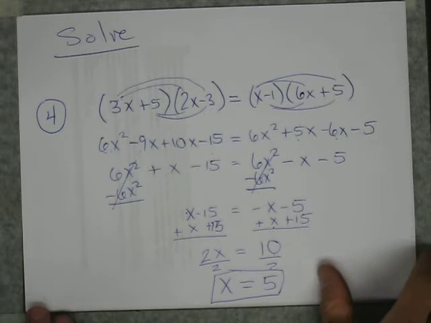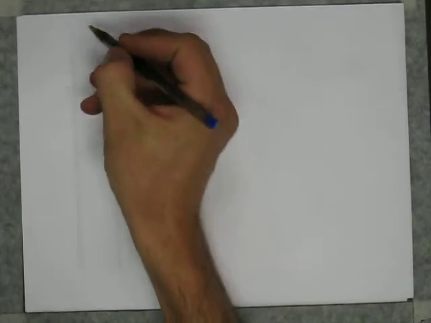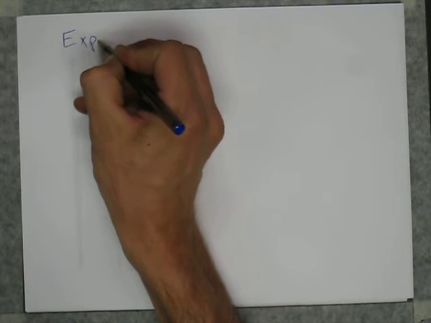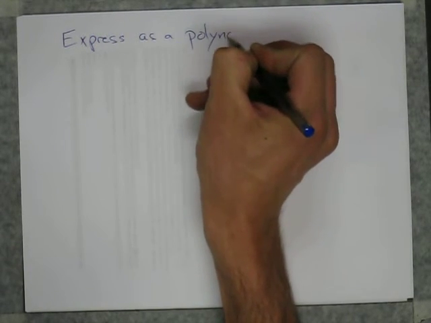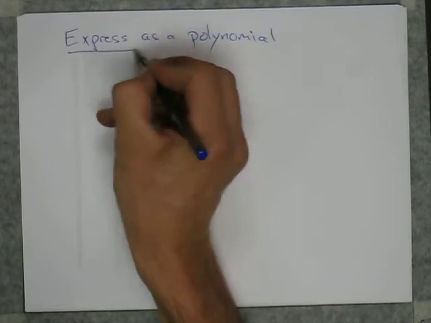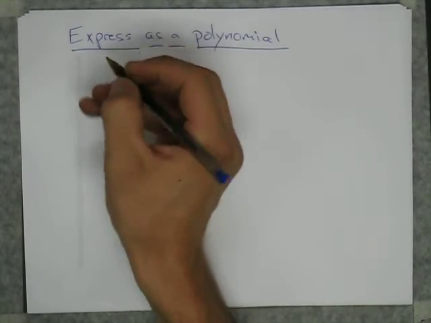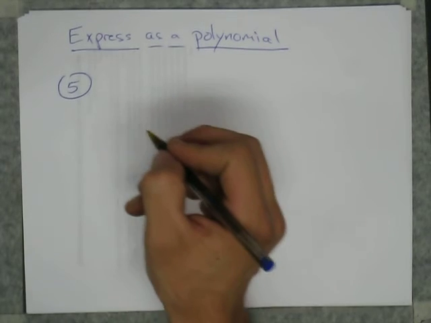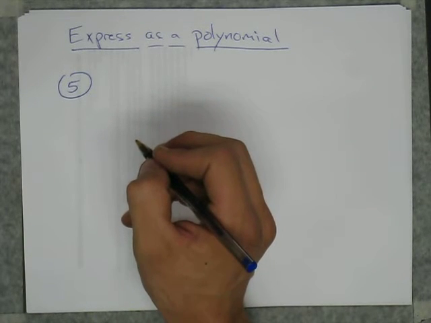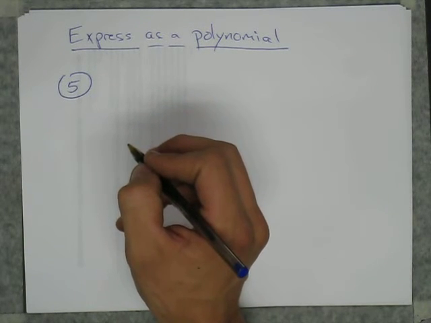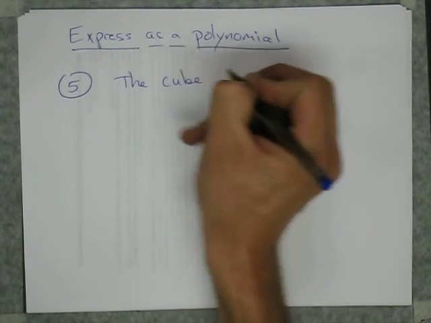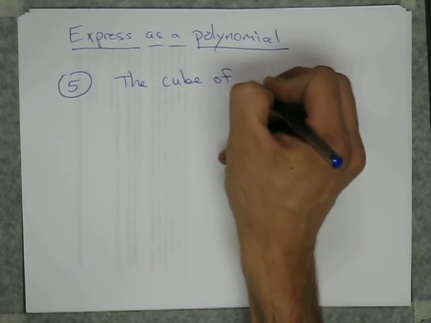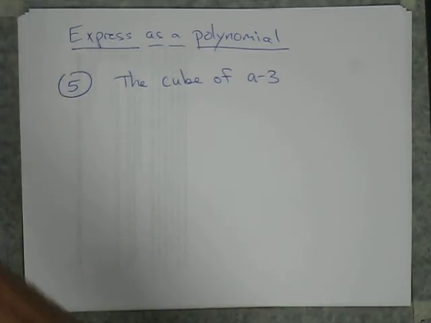Okay, now the final step here, the final example, express as a polynomial. We know what a polynomial is. All right, so this is number 5 here. If I gave you, let's do this, the cube of a minus 3, what they want you to